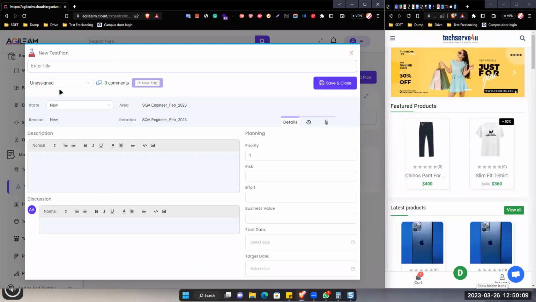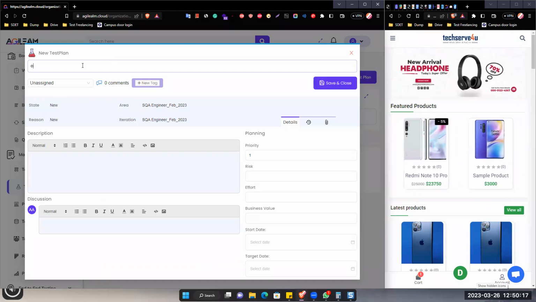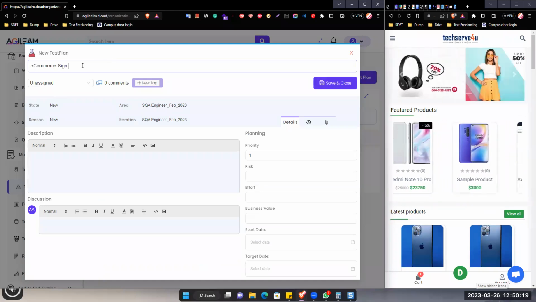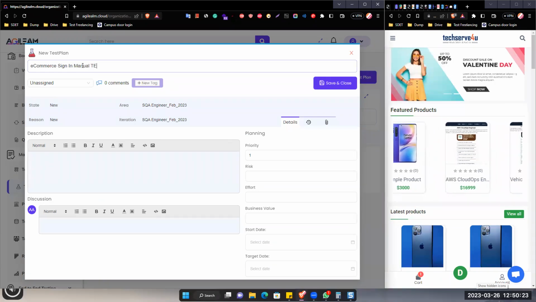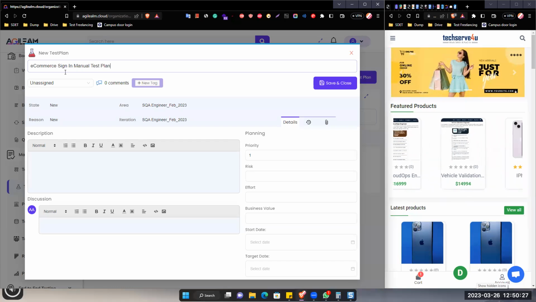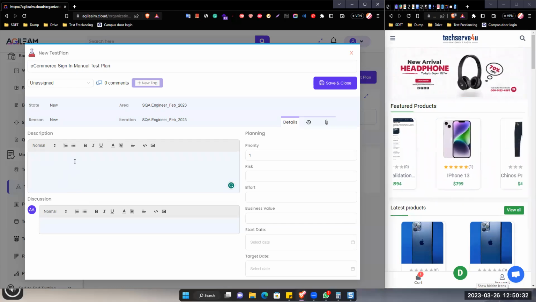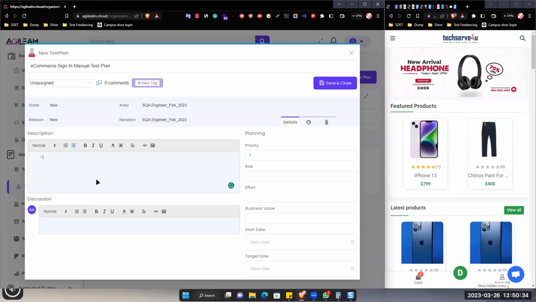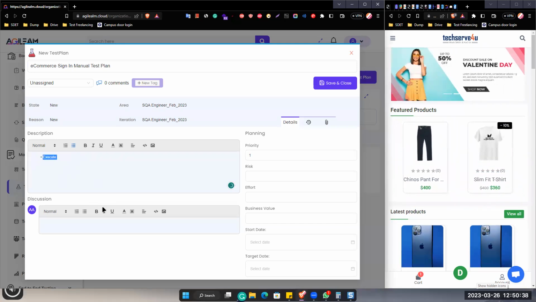Let's say we are going to automate and execute the testing on e-commerce sign in. So let's say e-commerce sign in manual test plan. Or you can say e-commerce sign in manual test, and here you can put the description of what you're going to do. So we're going to execute positive or design